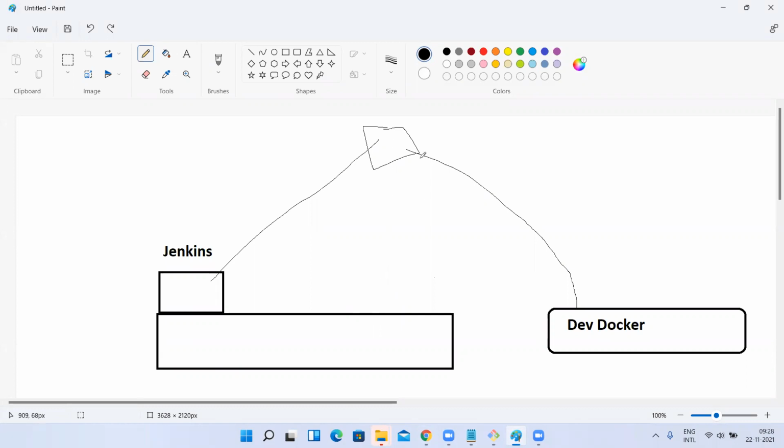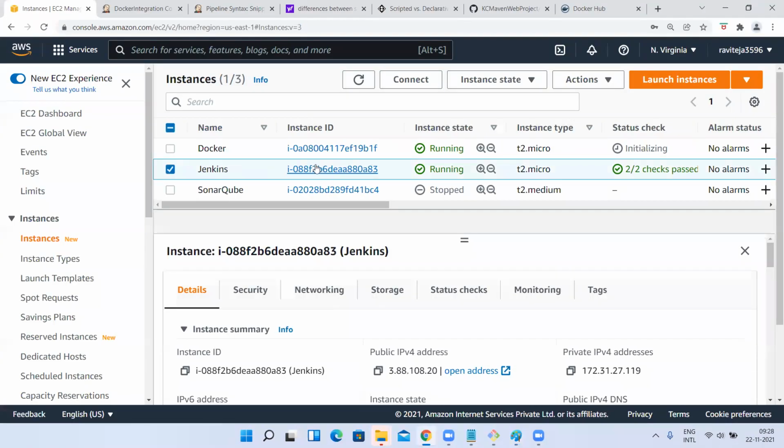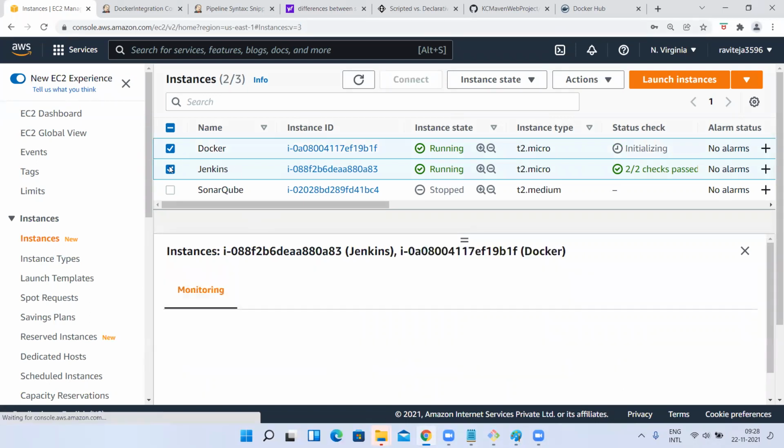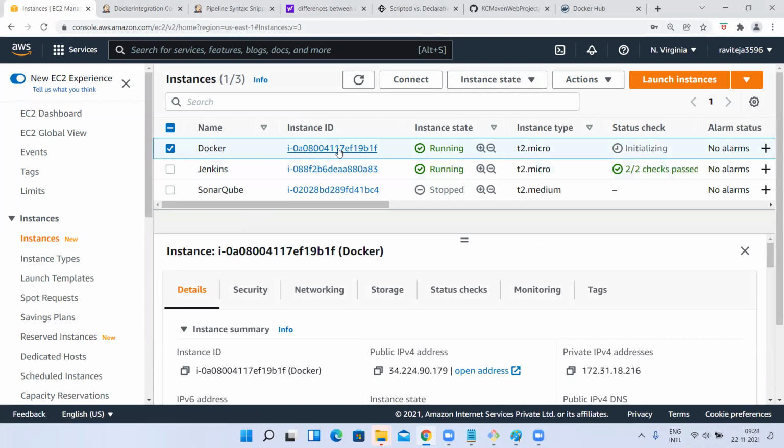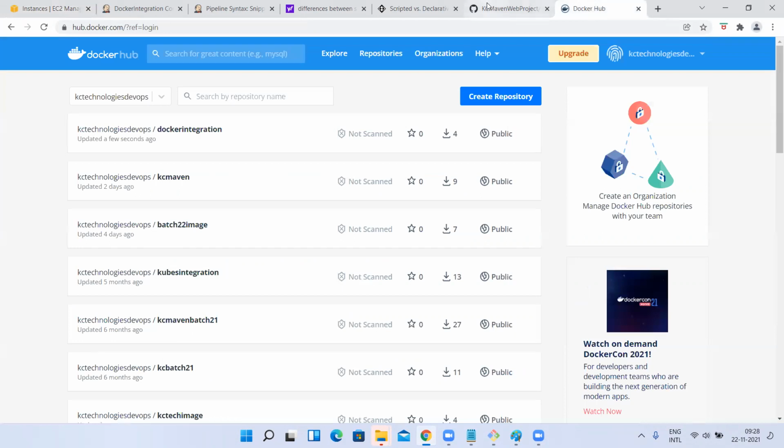What I want to do is connect to a different machine, my dev environment, or my QA environment server where my Docker is there, and then create a container. So this is my Jenkins. Here on this Linux instance, my Jenkins is installed. Here I have built the image, and from here only I have pushed the image to Docker Hub. Right now I want to connect to one more instance from my Jenkins, connect to this instance and then create a container.